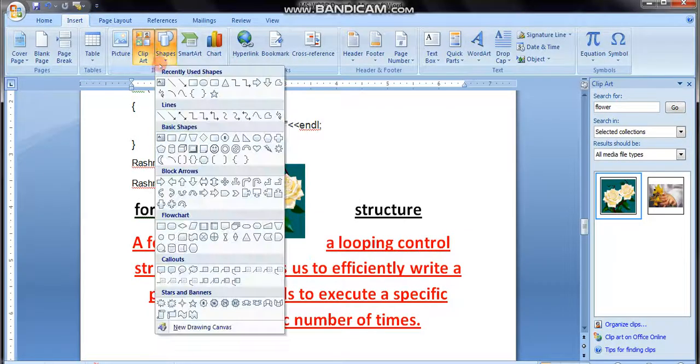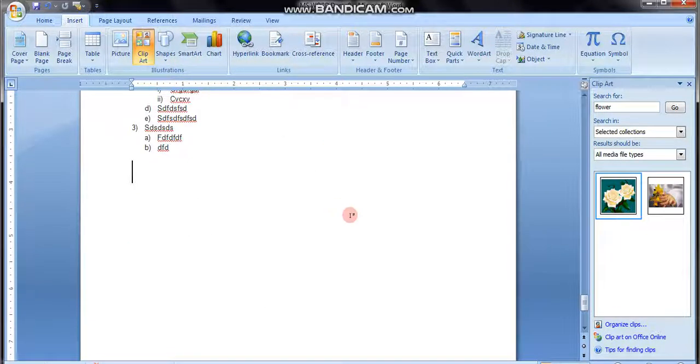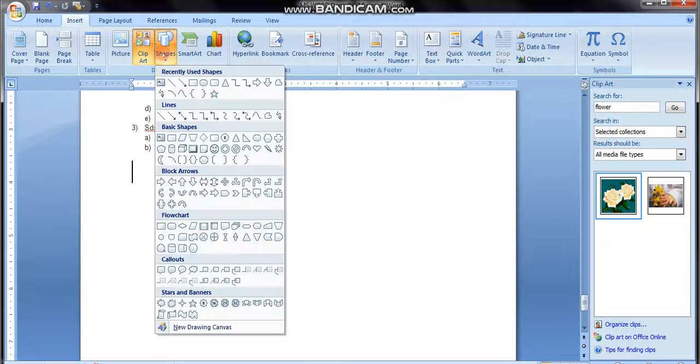Shape will provide us different types of shapes, like callout shapes, star and banner shapes, flowchart shapes, block arrows, basic shapes. So a lot of things it will provide. So let's go to a new page where there won't be any content, where we can try shapes. Any of the shapes you bring from here,